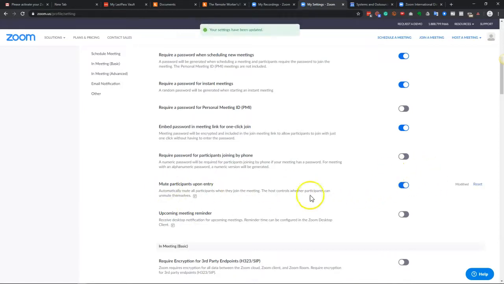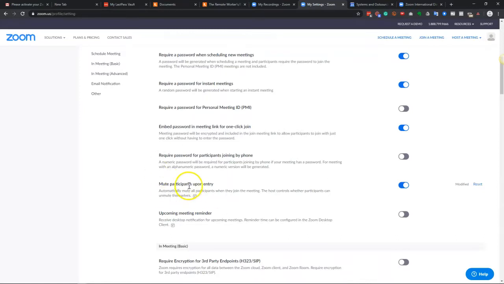It does mean, however, that you then need to remember to tell people to unmute themselves if they want to say hi or actually participate in the meeting. So it depends on the type of meeting, the size of the meeting, and if you expect people to come in late and not have a professional or quiet setup on their side, then that could be quite a